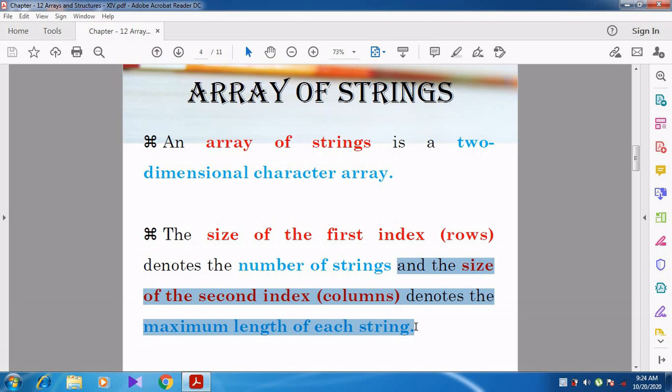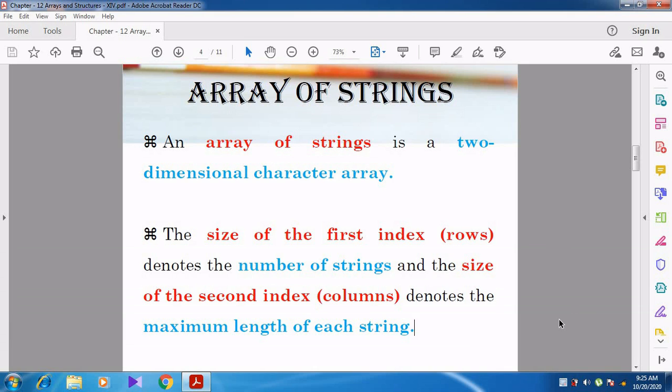For that we use the two-dimensional character array. The first index, the row index, denotes the number of strings I am going to store, and the second index, the column index, denotes the maximum length of each and every string.